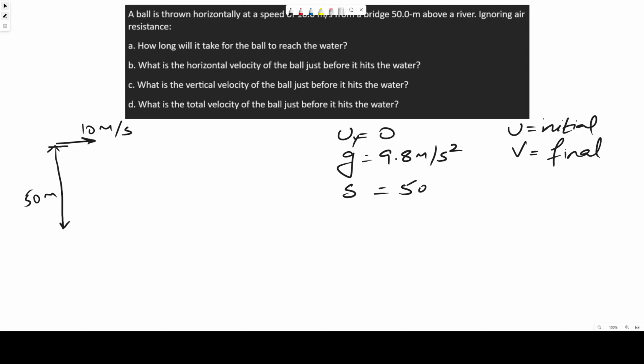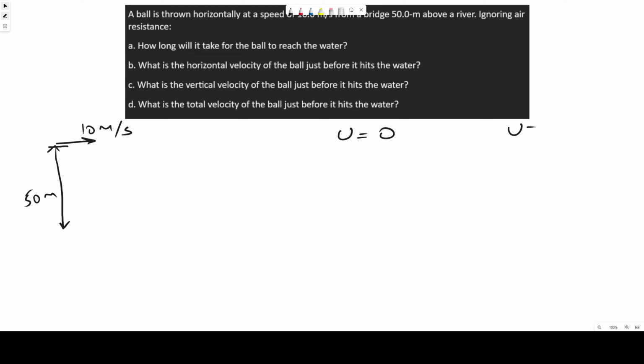So remember what I said in the beginning. Horizontal and vertical forces, or any two forces which act at 90 degrees to one another, have no effect on each other. Gravity acts straight downwards on the ball, and the horizontal velocity in the beginning was 10 meters per second. There's no friction, there's no air resistance, so it will remain 10 meters per second all the way until it